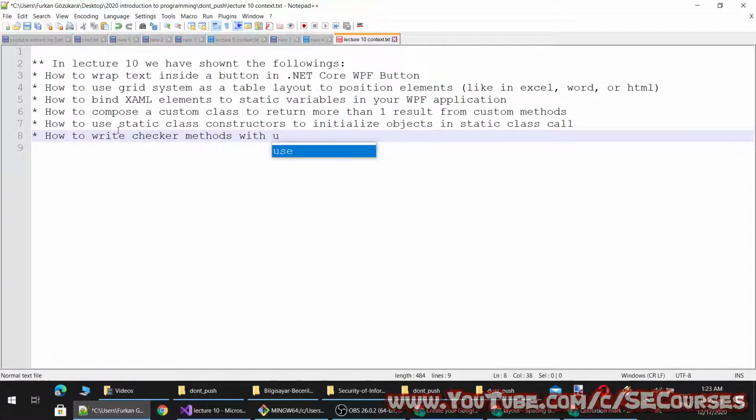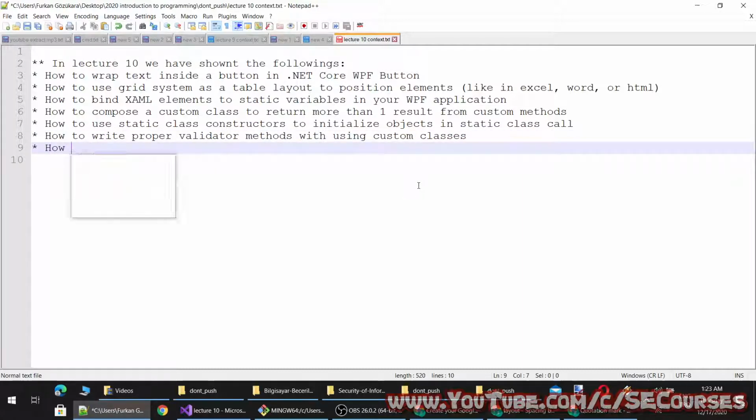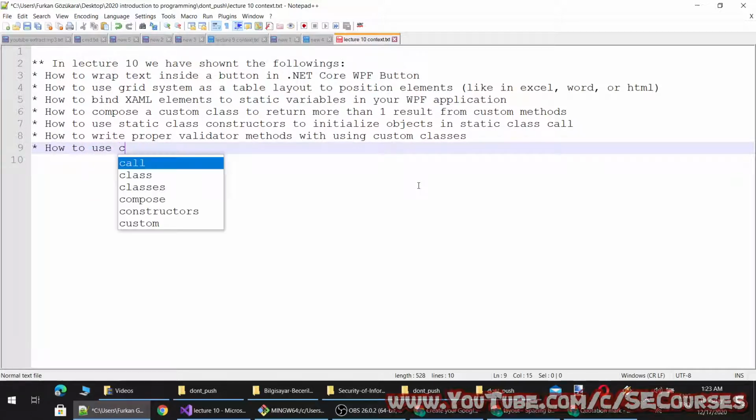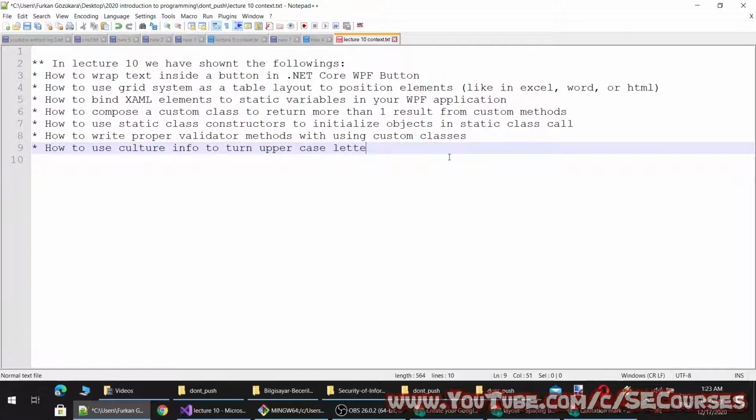How to write proper classes. How to use culture info to turn uppercase letters to lowercase or the opposite. I think this is descriptive.